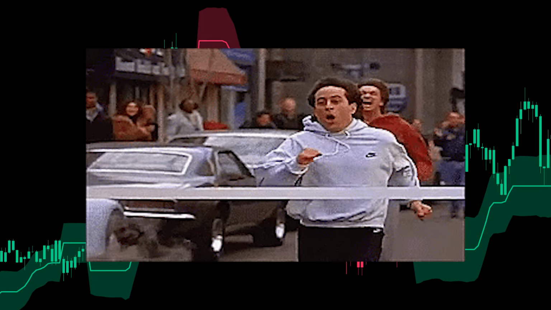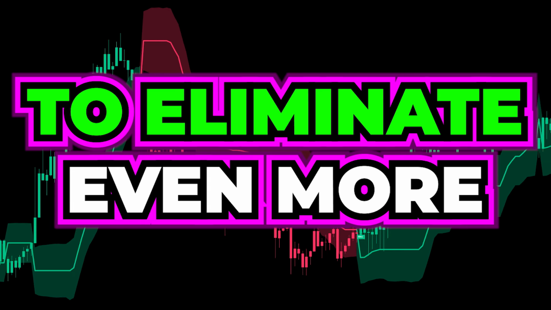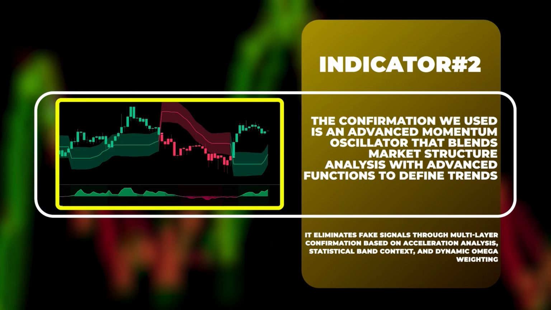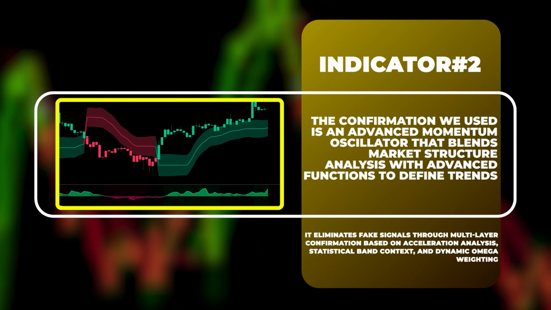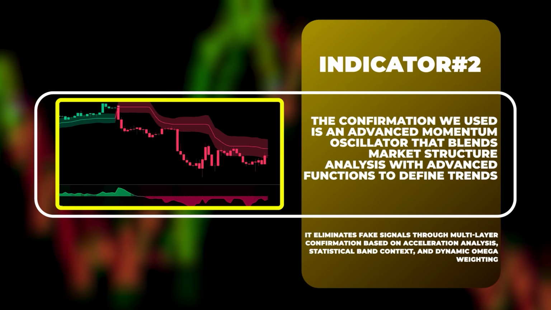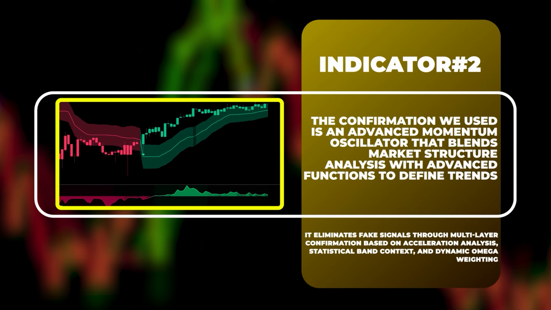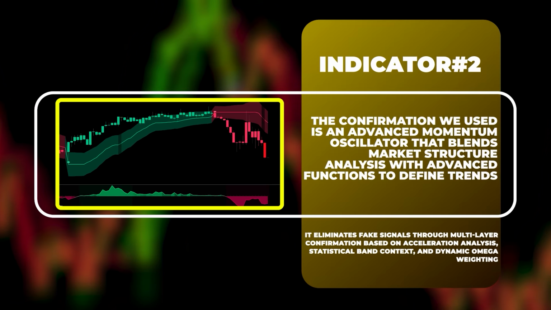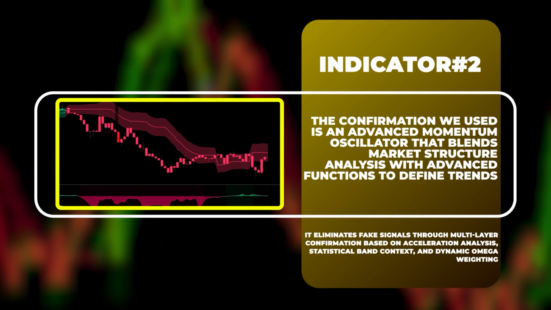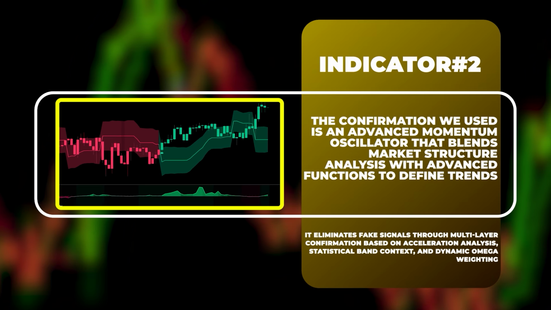We're at the finish line, with one final step left: adding a proper trading filter to eliminate even more false signals and further improve the results. The confirmation we use is an advanced oscillator that combines fractal market structure analysis with adaptive volatility weighting and multi-derivative calculations to identify high-probability trend reversals and continuation setups. It filters out wrong entries during consolidation using multi-layer confirmation driven by acceleration analysis, statistical band context, and dynamic omega